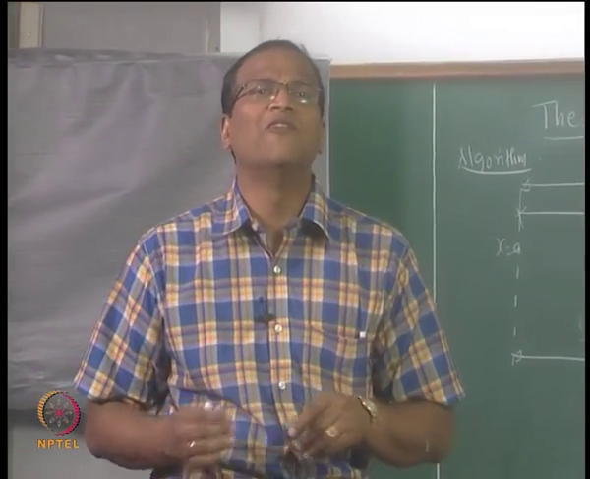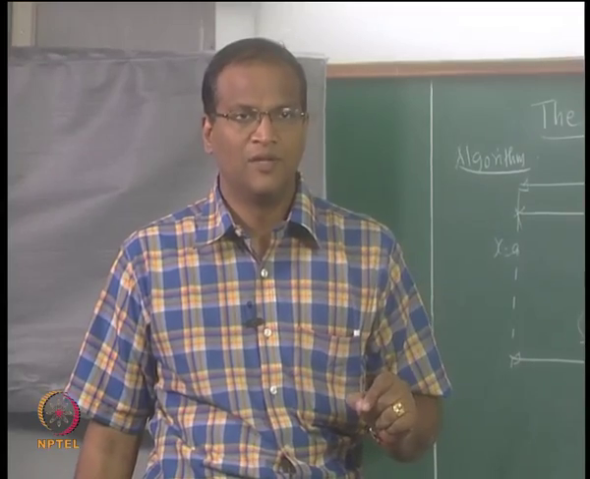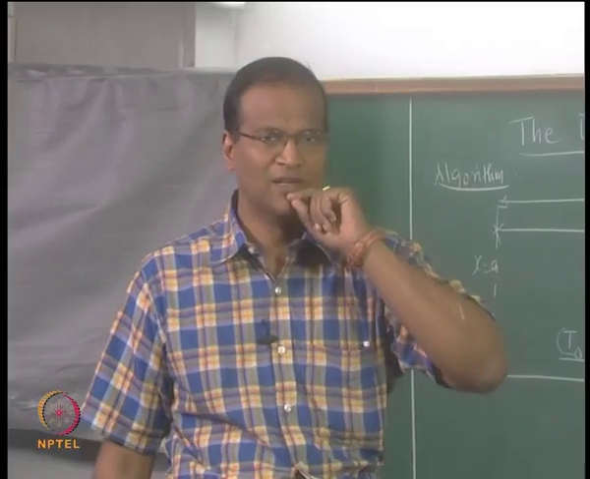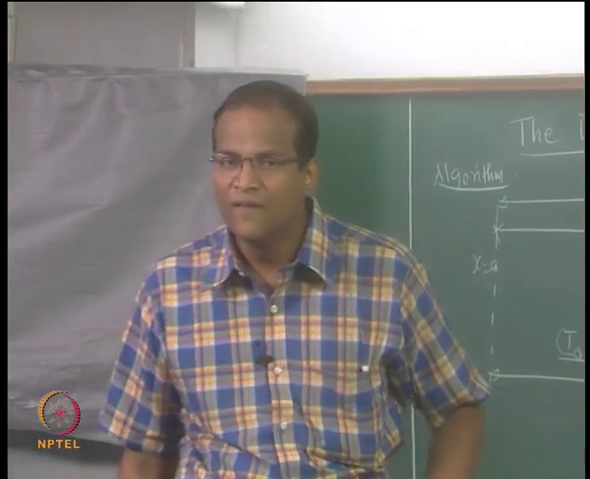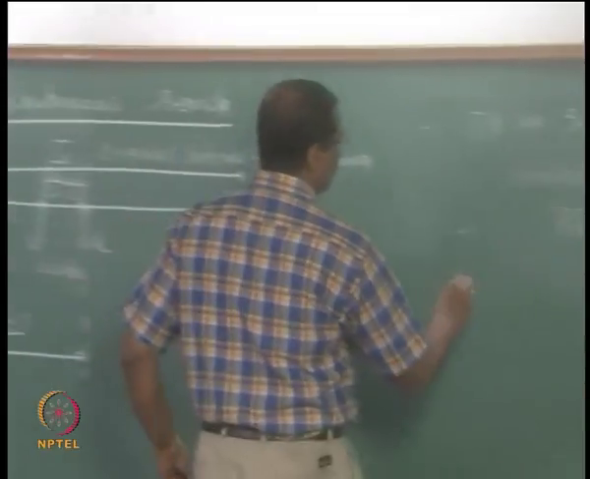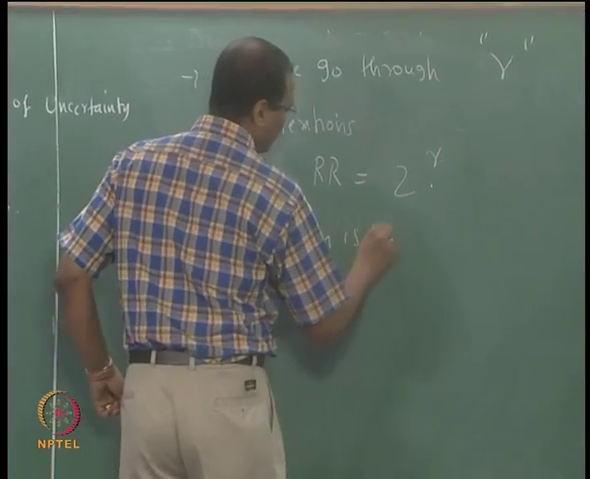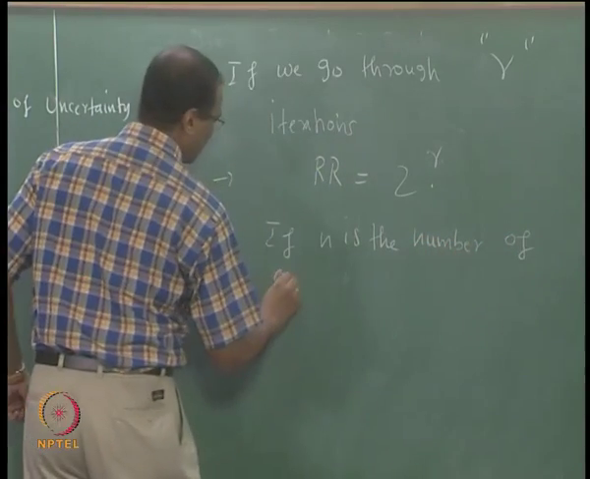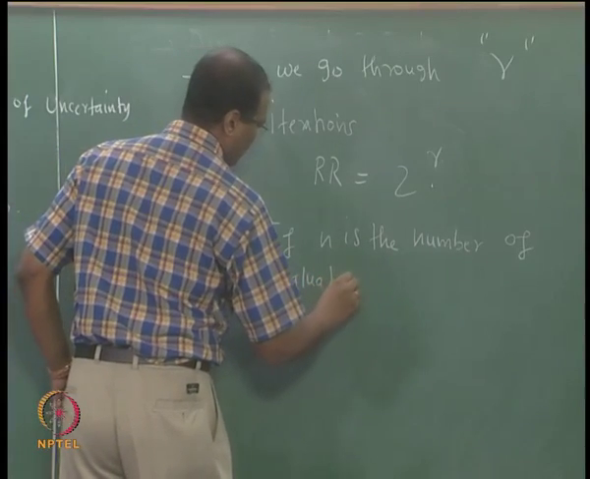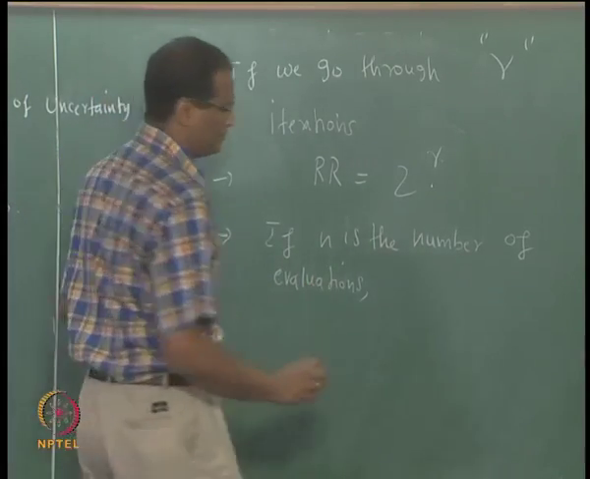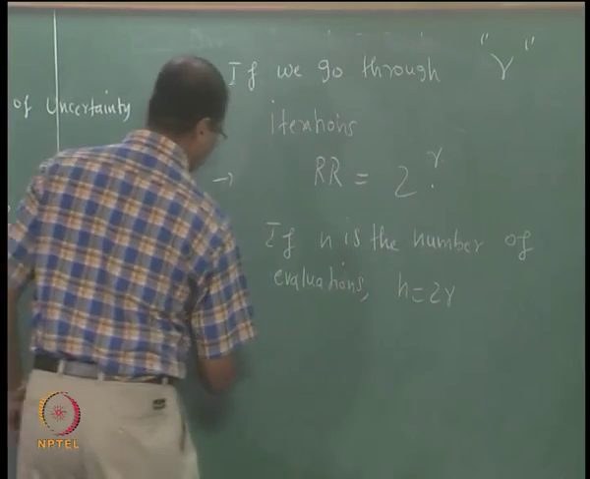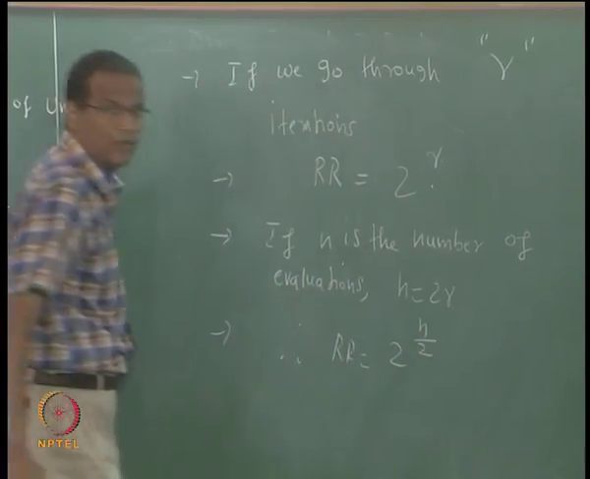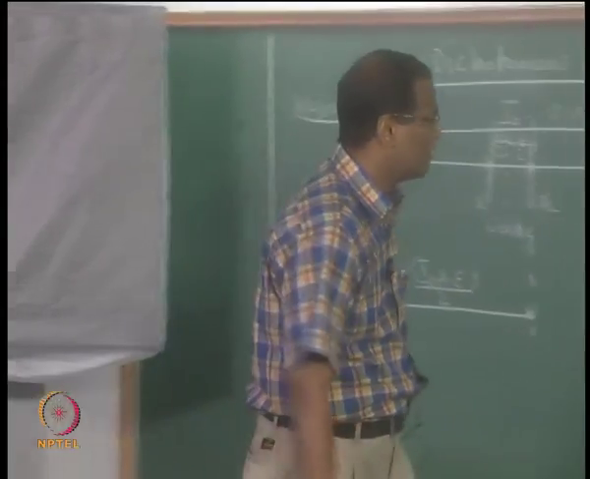What is the relationship between the number of iterations and the number of evaluations? If n is the number of evaluations and r is the step number of the iteration, then the relationship between n and r is okay. If n is the number of evaluations, n equal to, so I should say r will be